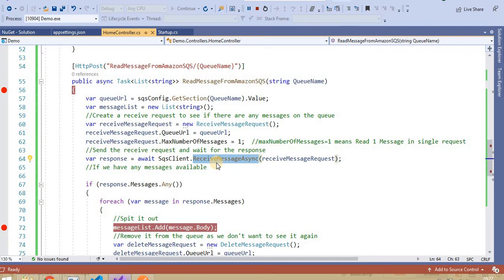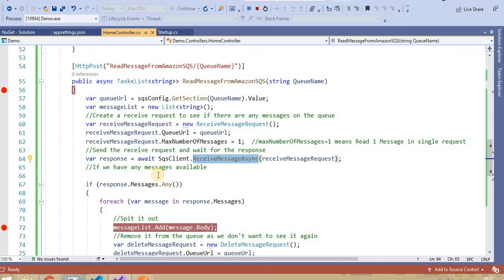Suppose I pick the second message, and while creating the queue from the UI console I passed a visibility timeout of 40 seconds. In that case, once the message is picked for reading, it will not be visible to the other services which are also reading from the same queue. I think I covered these things in the last video.